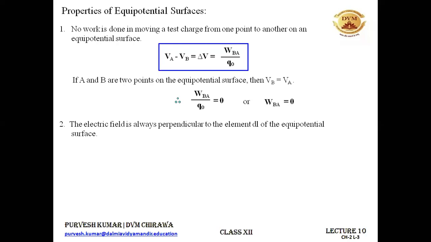Now let's prove it. Since no work is done on an equipotential surface, to move a charge on an equipotential surface, no work is done, and that we have proved in our property number 1. So since we are not doing any work in moving the charge on an equipotential surface, we can write it like this. Work done can also be written as F dot dl, and let's say we are taking a unit charge Q, the value of Q is 1.